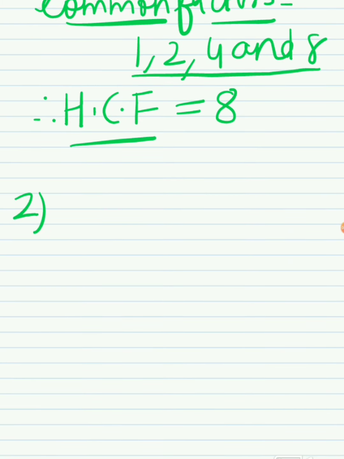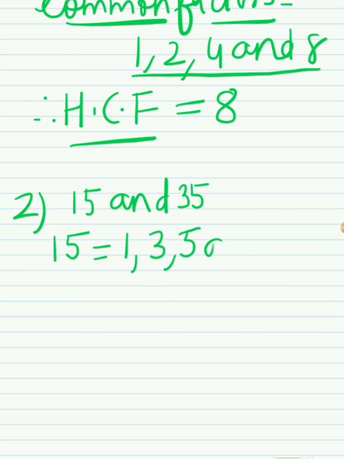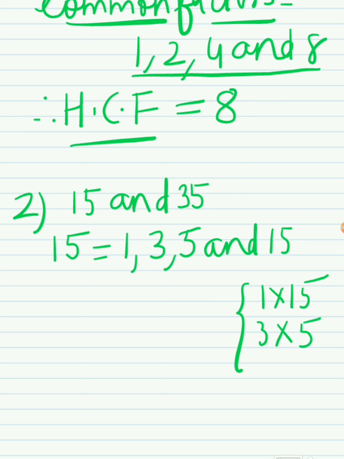The example I'm taking is 15 and 35. We can find it fast. If you know direct factors, 1 is the factor, after that 3, after that 5 and 15. You can solve it like this: 1 into 15. 2 table is not coming. 3 into 5, in the 5 table it is coming, and then 15 ones are 15. So 1, 3, 5, 15 are the factors.